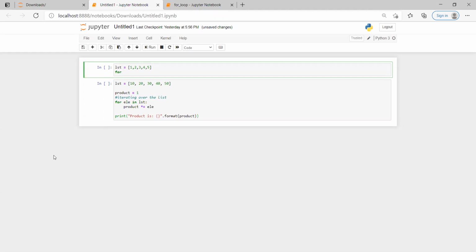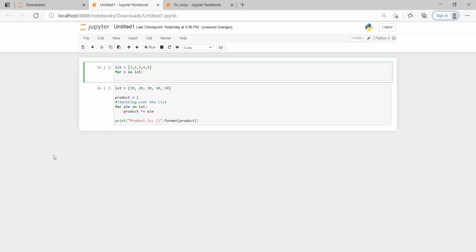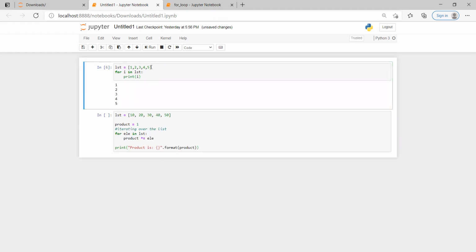So for i, a temporary variable, in list, I'm going to print i. That means i is taking each value for each iteration within the list. When I execute, it is automatically incrementing and taking each value from this particular list. See, the values are 1, 2, 3, 4, 5.